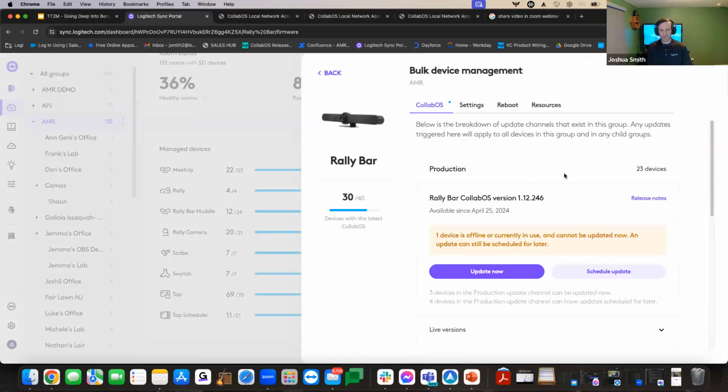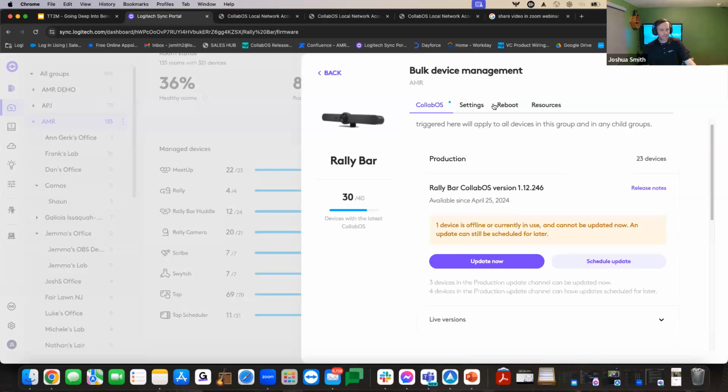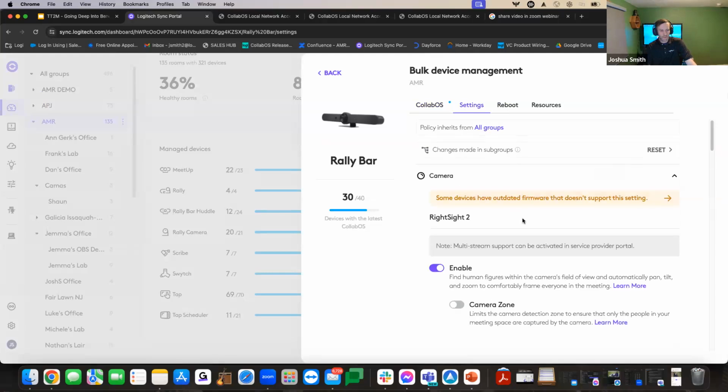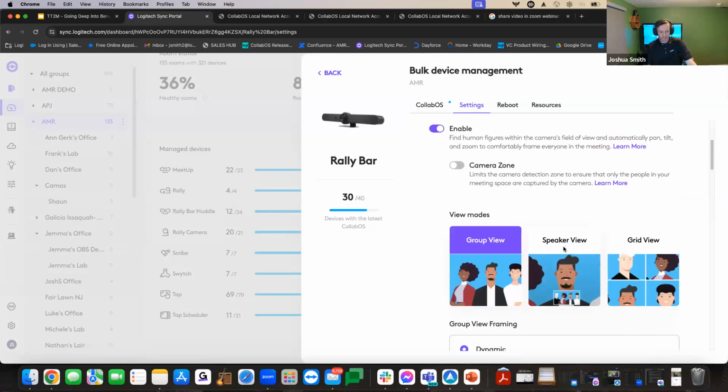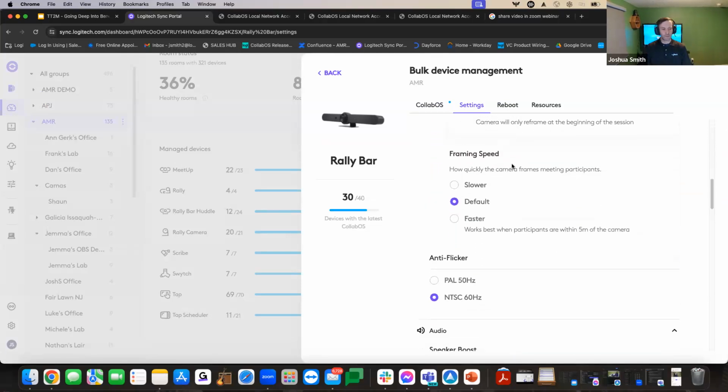So if I go through this, you guys saw some of the screenshots, right? Number one, I can update a bunch of devices at once. I've got 3 devices in production that could be updated right now if I wanted. And then 4 that I could schedule out for later. What I like to use bulk device management for is this, though. So being able to enable RightSight, set a specific camera framing mode on all of my Rally bars, changing